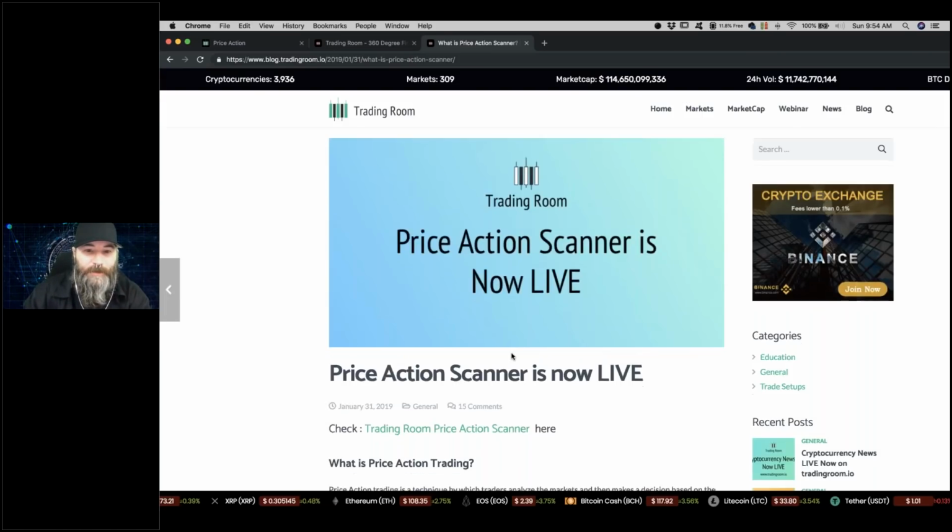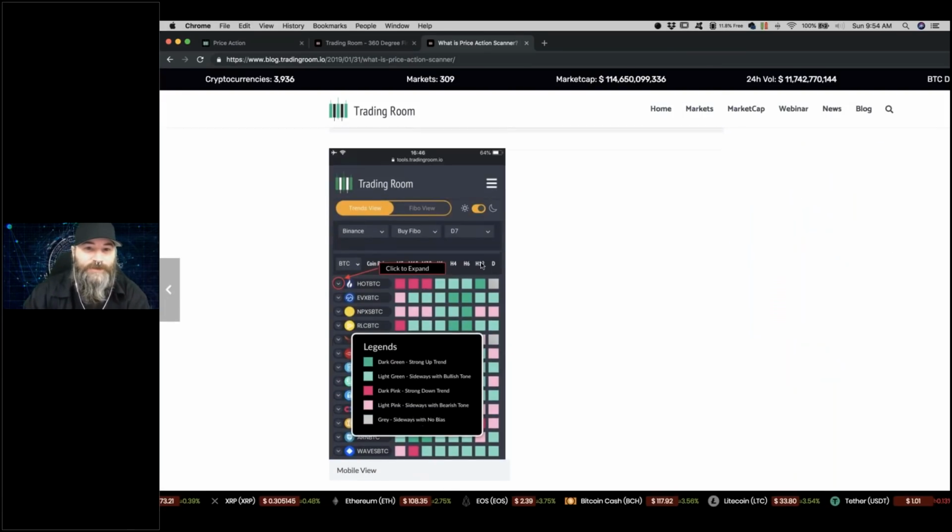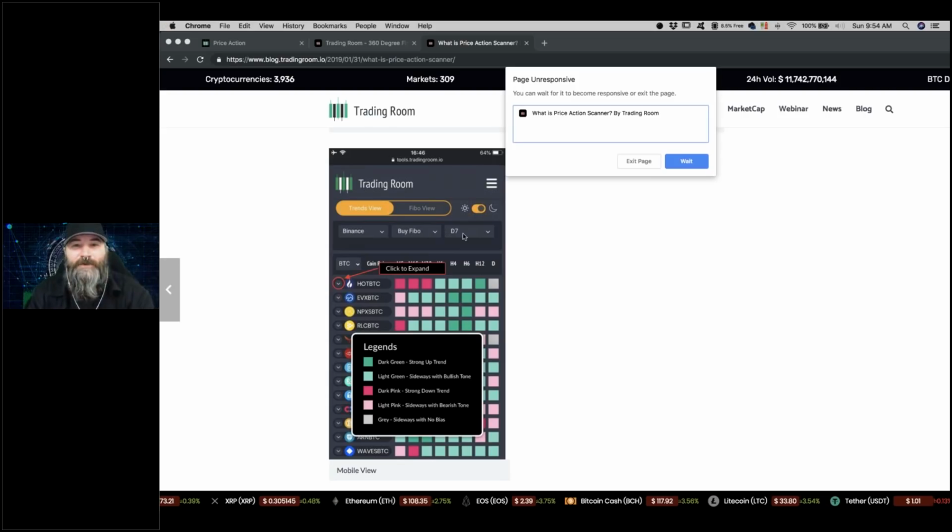Let me pull this up here, but this will give you some screenshots for mobile, right? So this is how it looks on mobile, and that was a great question. It's a little bit different, right? So trend view, fib view, that's a little slider here. It's a little one click. So that'll get you out of the trend scanner and into the fib scanner. Of course, you always have your dark mode, light mode, guys, your eyes, Binance, buy Fibo, D7. So all of this,